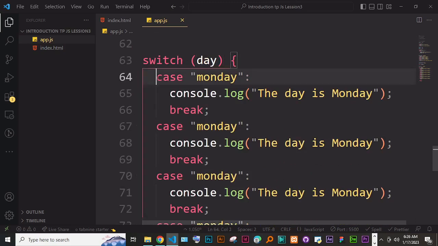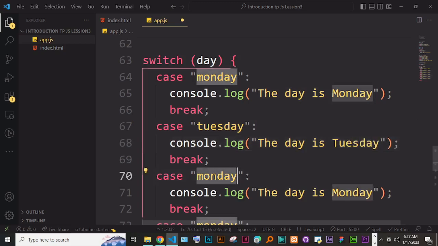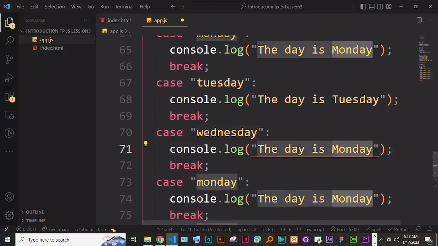to indent it. You see, this indentation matters a lot. This must be inside this case very well, like this. It has a similar syntax to Python. Python uses this kind of indentation like this. But let's just continue. So in the first case, if it is Monday, just console.log the day is Monday. In the second case, for instance, it is Tuesday, okay, just the day is Tuesday, and we could also look at Wednesday. So if it is Wednesday, then the day is Wednesday,